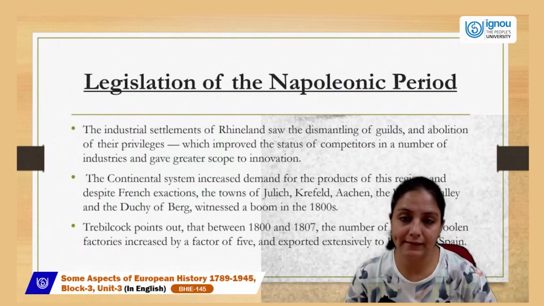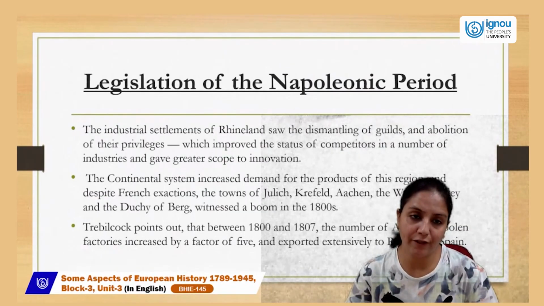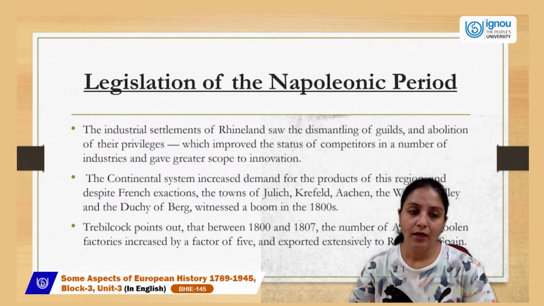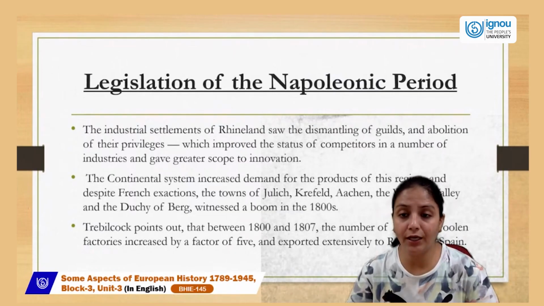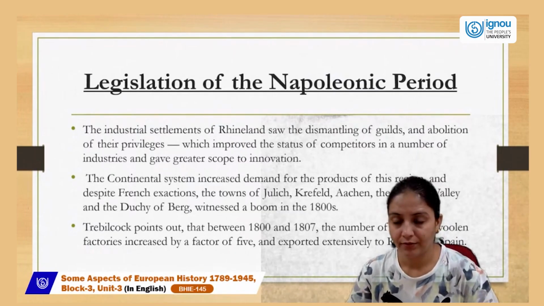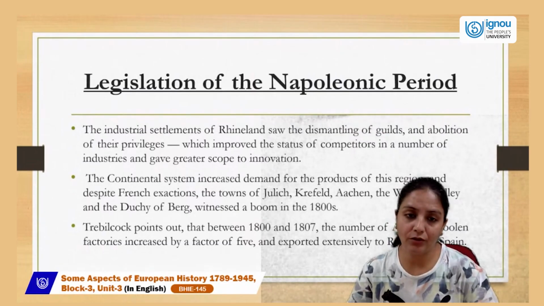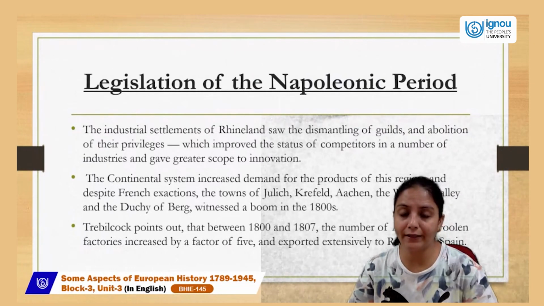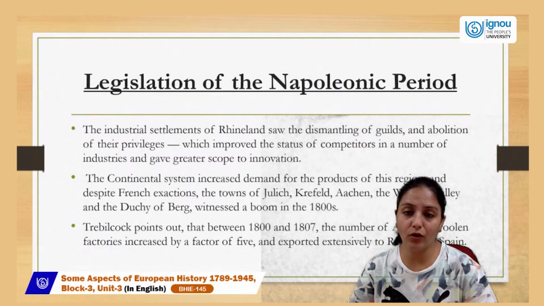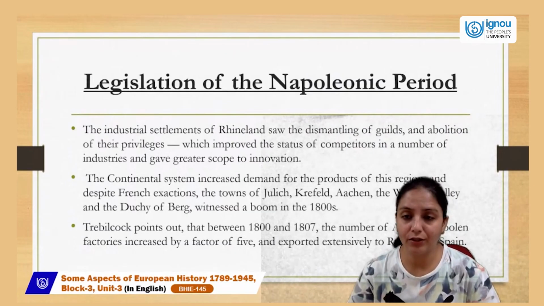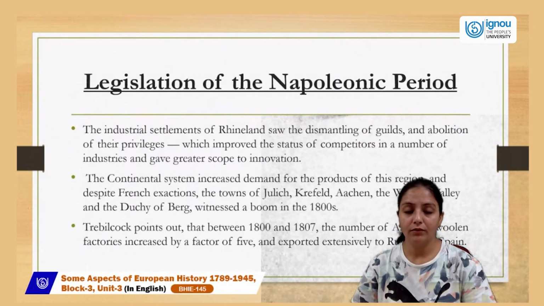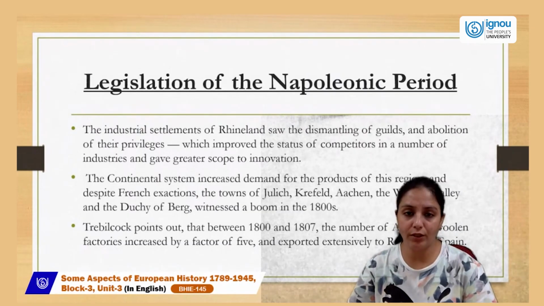What do you mean by guilds? A guild is a system by which a trading unit was working at that time in the mid 19th century. A guild was an organization for the trade, and they organized themselves for trade, and they decided the growth, the money, the rates of exchange and imports and exports related to the particular trade. Guild was the organization of that particular time.